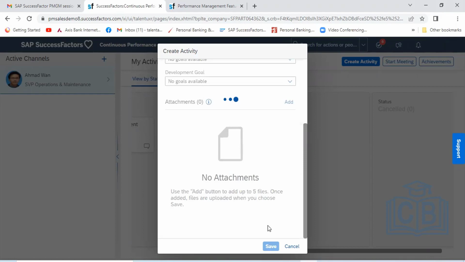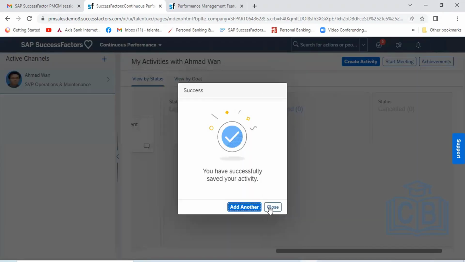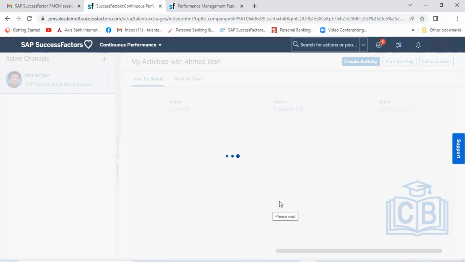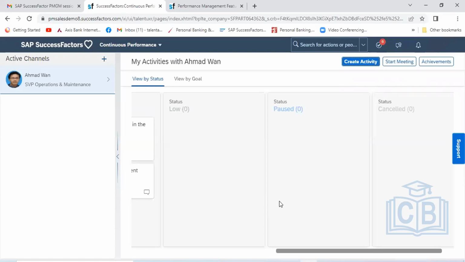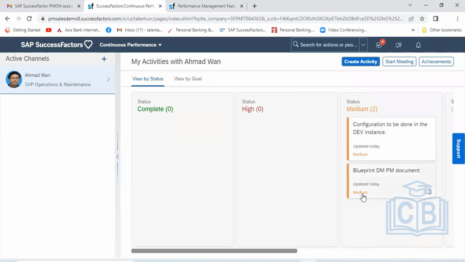Once I save this, you can see here in the medium, I can see the activity which has already been updated, which has already been made, and it also specifies the date.